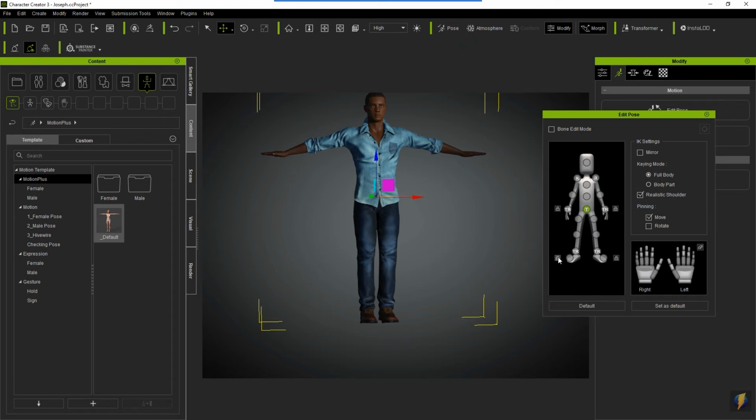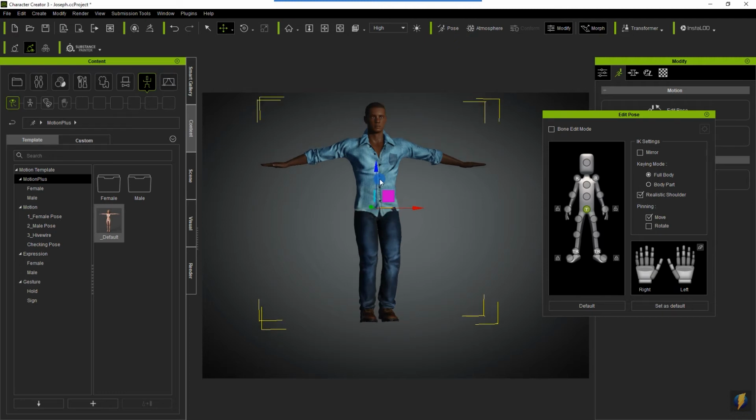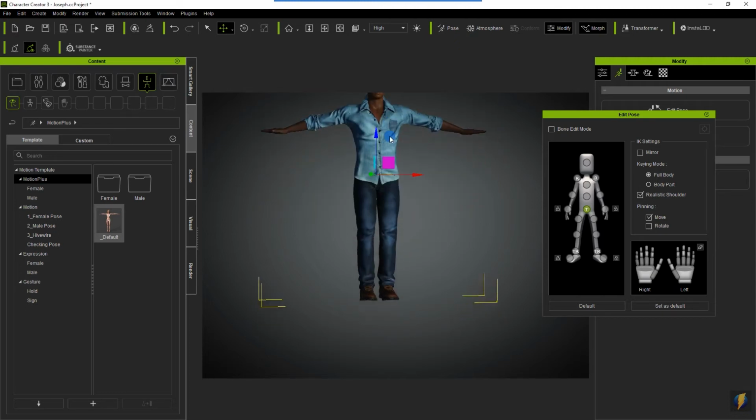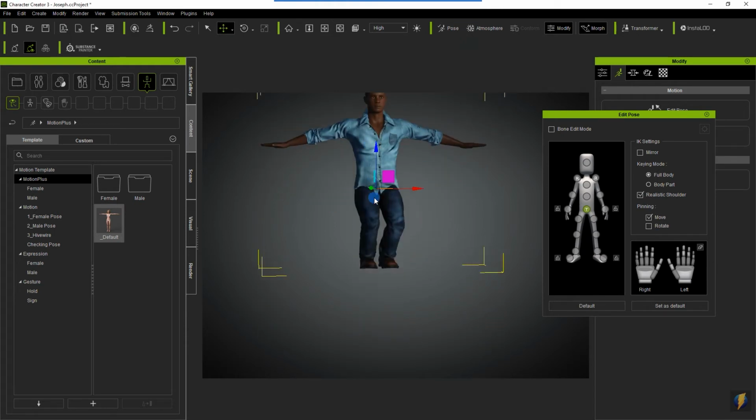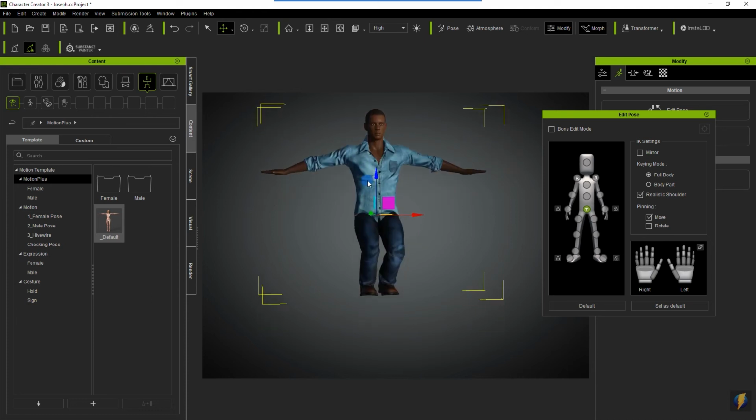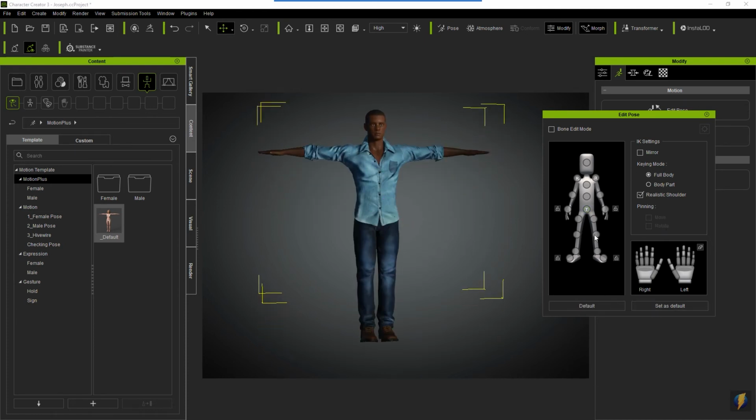Or if we unlock the arms, they move with the body, but the feet are still locked. If we unlock the legs, now neither the arms nor the legs are locked. So that's very convenient when posing your character. I just clicked on the default to put them back into the